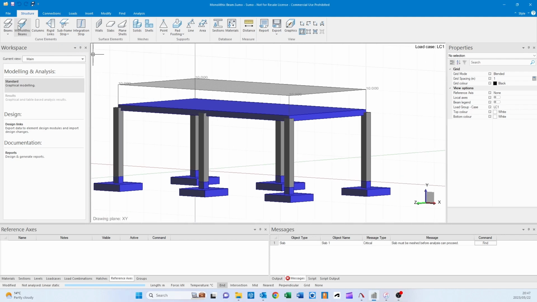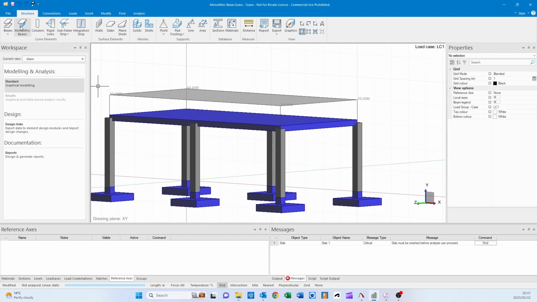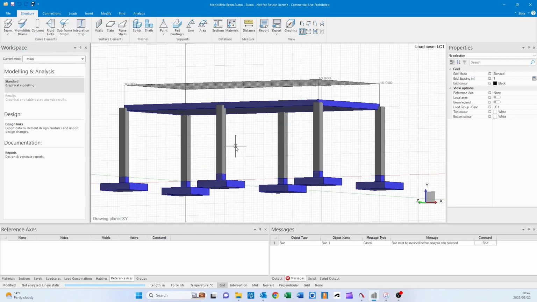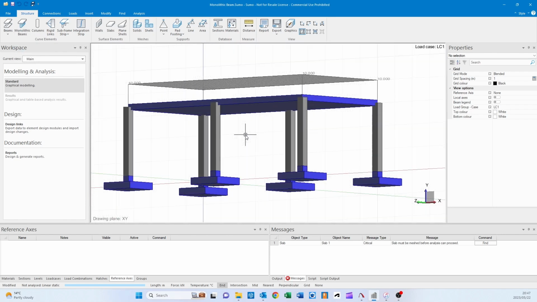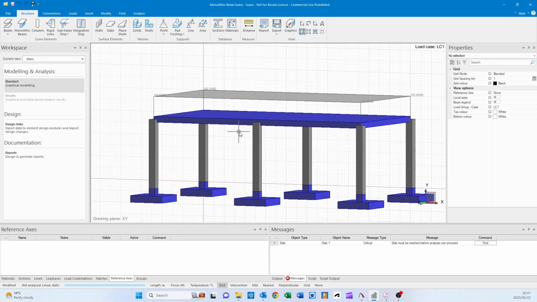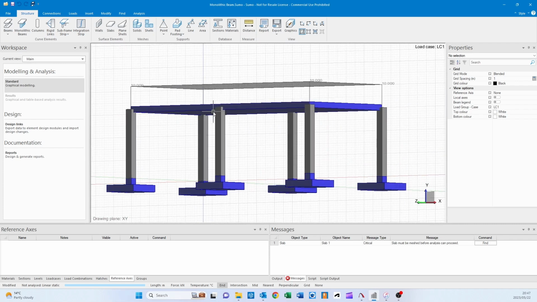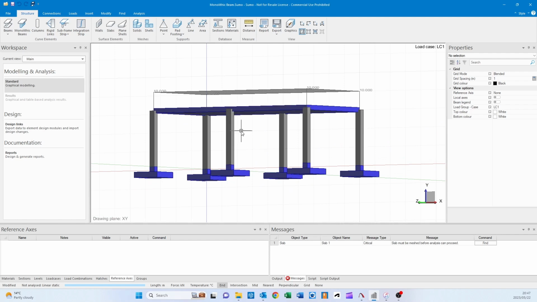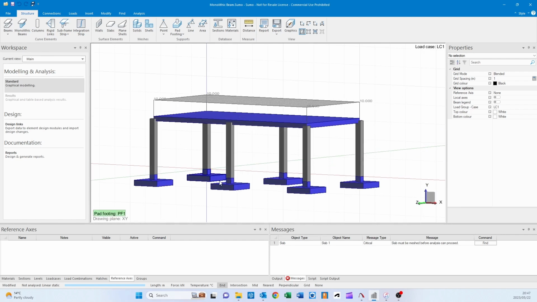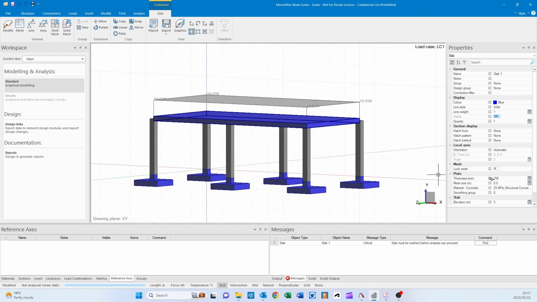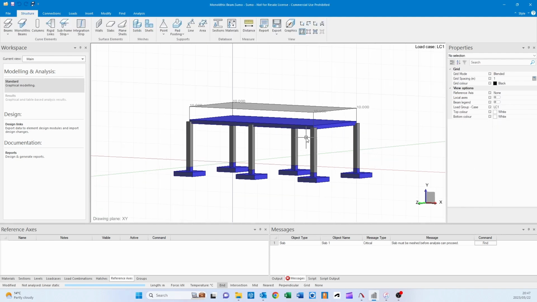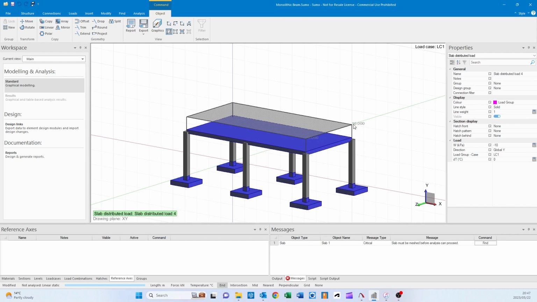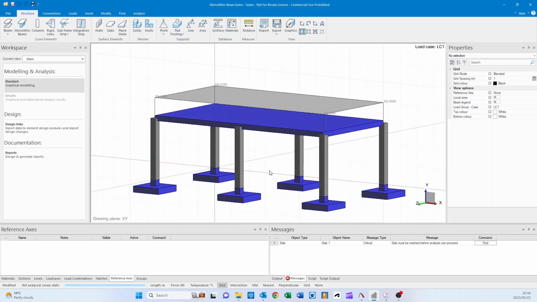So the topic for today is monolithic beams and the ease with which they are added to a SUMO model. As you can see, I've got quite a simple model set up here, and this is more so just to compare the results from adding a monolithic beam versus adding a standard beam to this model. I've got my slab, my 6 concrete columns, and my pad footings. My slab is also concrete, just for clarity. And I've added a 10 kilonewton per square meter load on the slab, and the self weight is also included